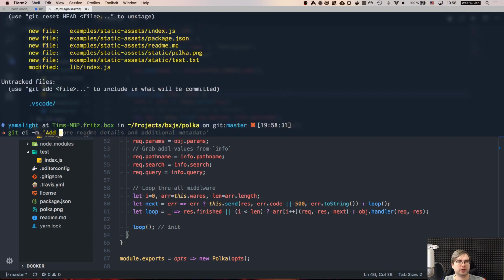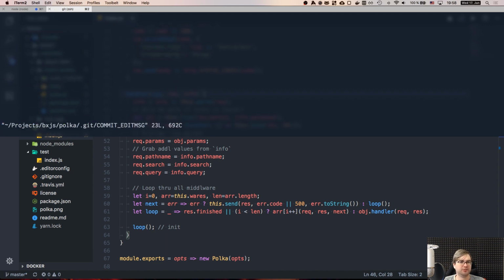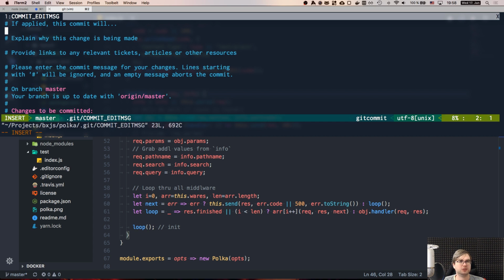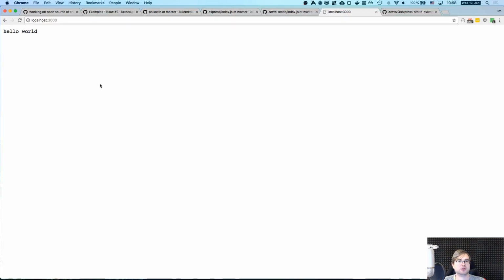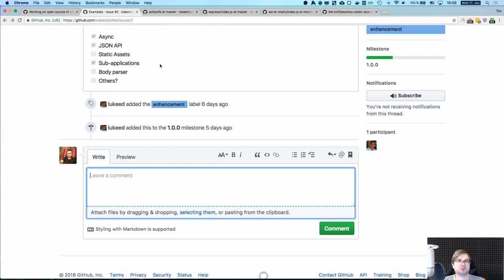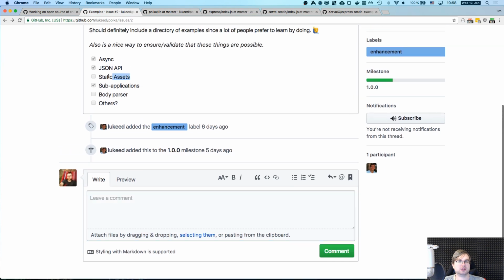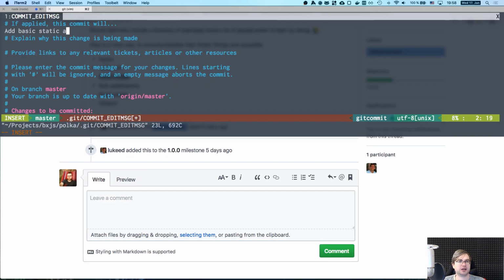So add, basically what we, okay, you know what? I'm gonna commit with the full editor. So this will add basic static. Let's see, where's the, here it is. Basic static assets sample